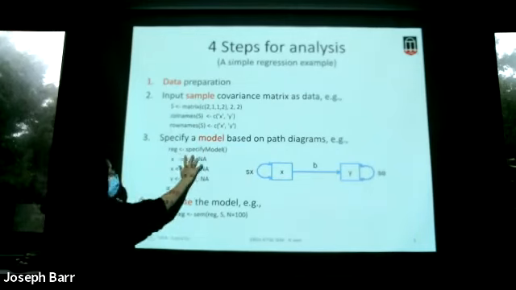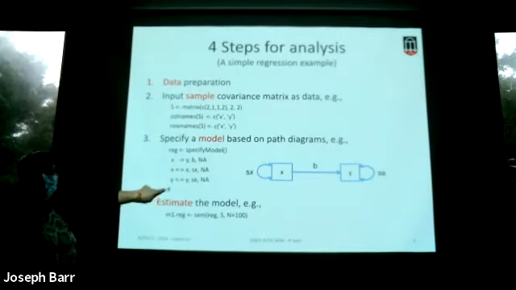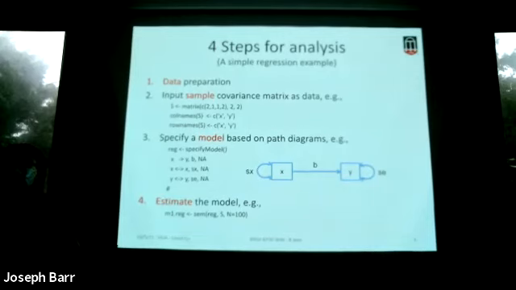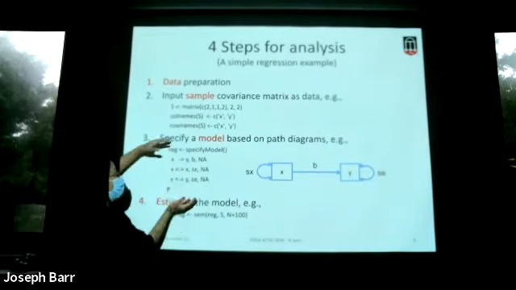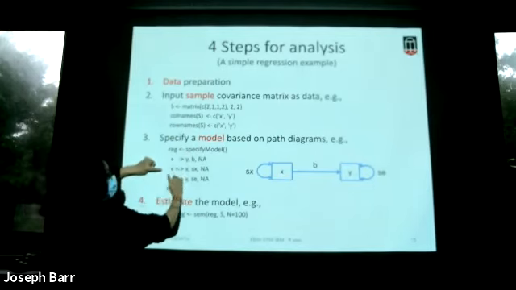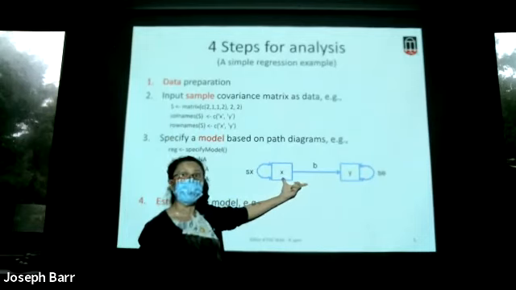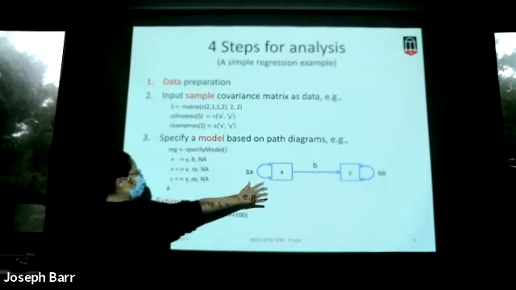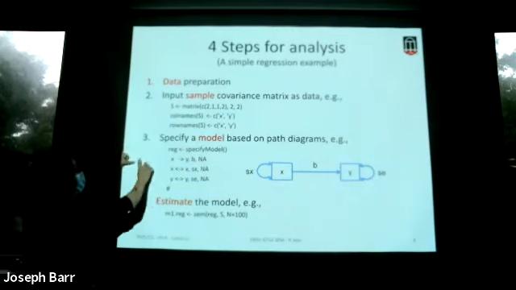And after you enter all these commands, you have to use a pound sign to finish that function. Otherwise, the software will just keep asking you, what's the next command? So you have to use a pound sign to finish all of these commands. You just included it in the specify model. Okay, so we're gonna explain this part in the next slides. This tells us the path diagram here. Okay, so suppose you have the simple linear regression, then we're gonna translate this path diagram to the R code here. This is for the capital sigma.